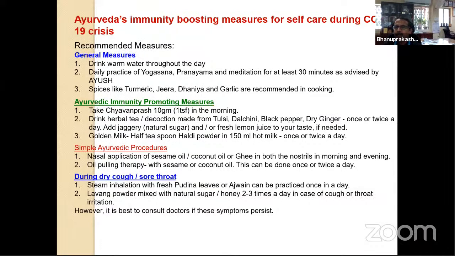But otherwise, if just because somebody told you to take bottle gourd juice, without knowing what happens, don't do that. You should have either evidence, or it should have been practiced in your family over generations, and then you can go for it. Otherwise, just because somebody said that drinking okra rasam will bring your diabetes down completely, let us not do that. Let us look for whether it is reported, whether it is practiced. Only then can we go for it.